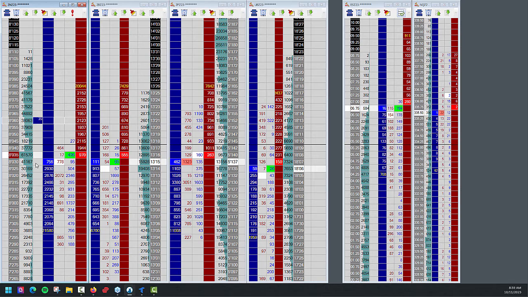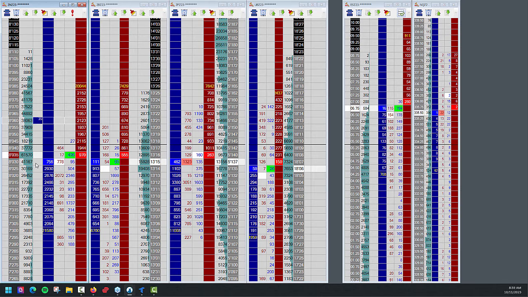So the main topic today is going to be the idea of spoofing. The reason this is important is because spoofing does influence price. So if I notice there's a decent amount of spoofing taking place, I will adjust my strategy around that. If there's not a lot of spoofing taking place and a lot of volume is trading and maybe pushing in one direction, then that's a different type of context, a different type of scenario. And I mention context in all my videos many times because it is very important.